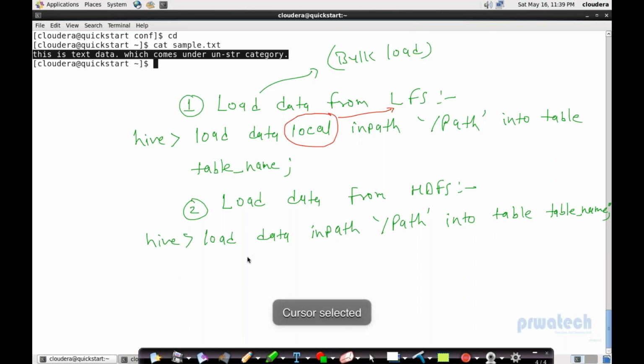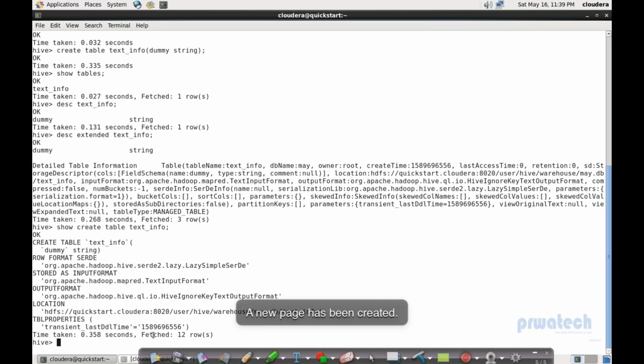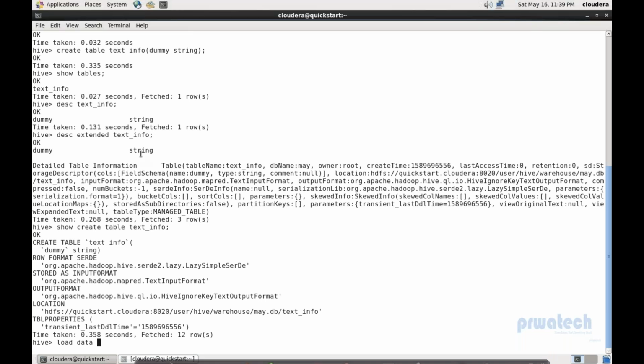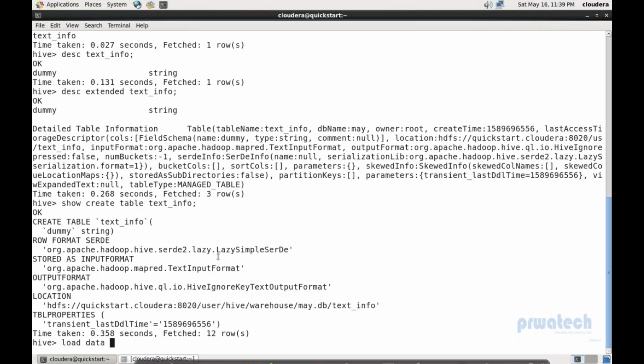So let's try this from local first, and then I want to try this from HDFS. Query: load data local inpath, and don't just give a file name. Okay, we make this silly mistake sometimes and get confused about why this is not taking. So always give an absolute path, not the relative path, to avoid this mistake. Home Cloudera, file name,